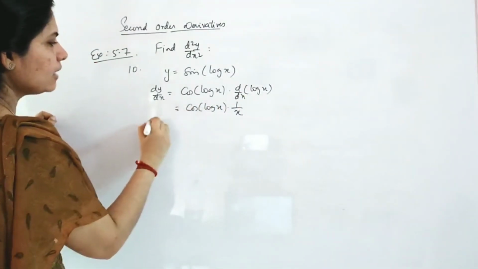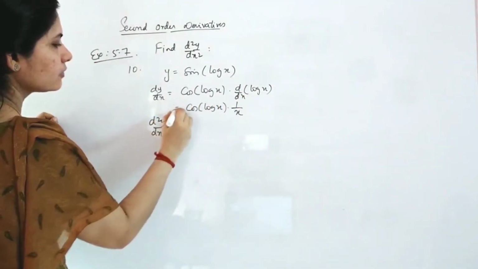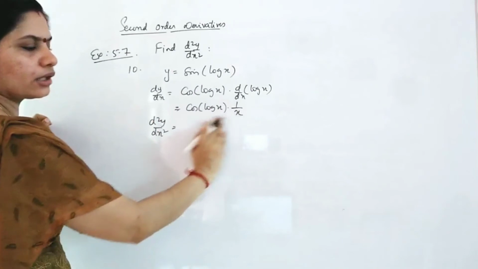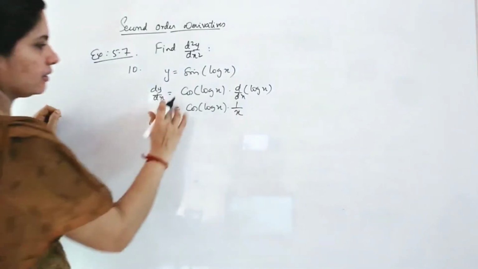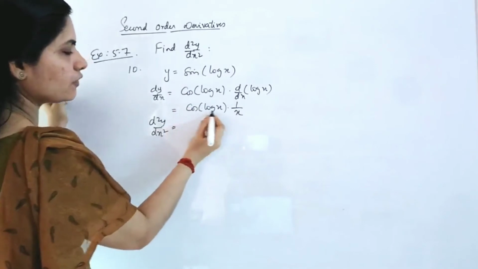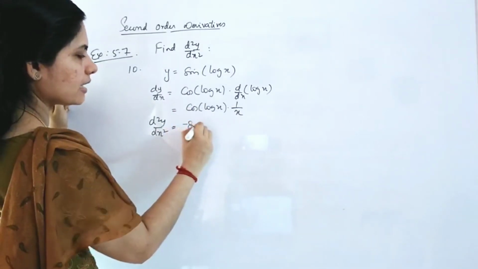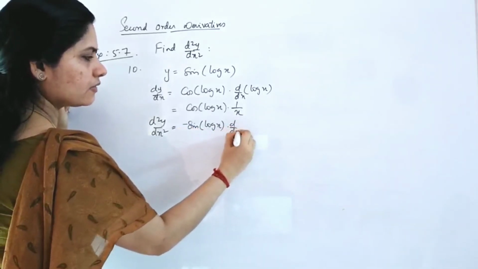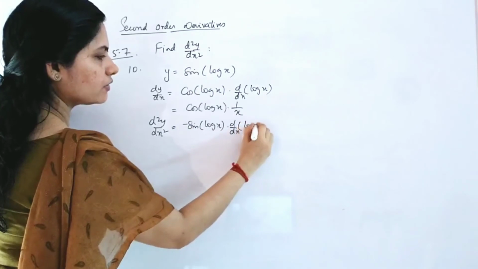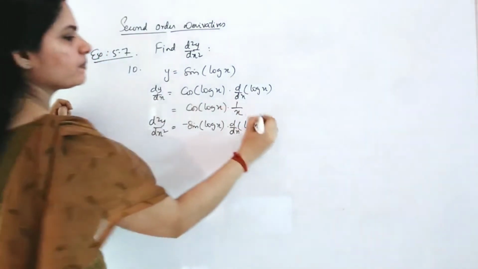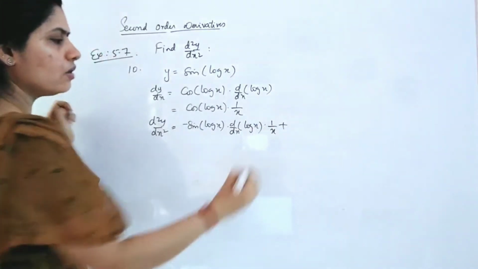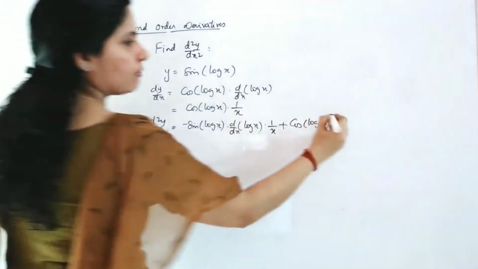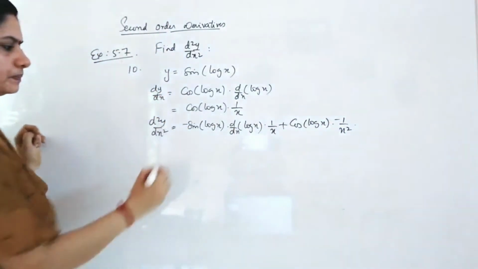Now you can just go for your second derivative. If you want, you can just make it as by x and apply your quotient rule, or else you make it as a product of 2 and use your product rule. So what is the derivative of cos of something? Cos of something is minus sine of, into what is that? Its derivative will also come, derivative of log x, into 1 by x, which is already there. Now cos of log x will act as constant and you have to write the derivative of 1 by x. It is minus 1 by x square, already we have seen.